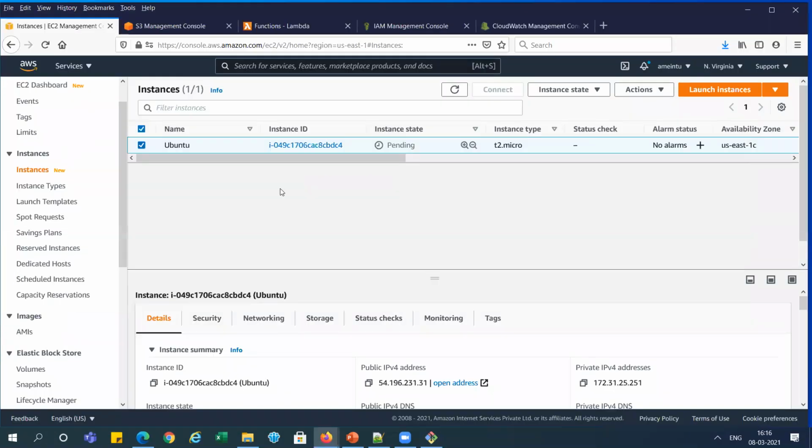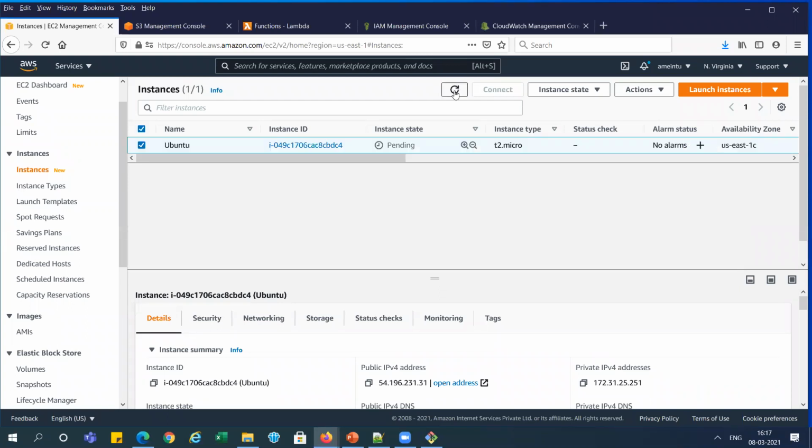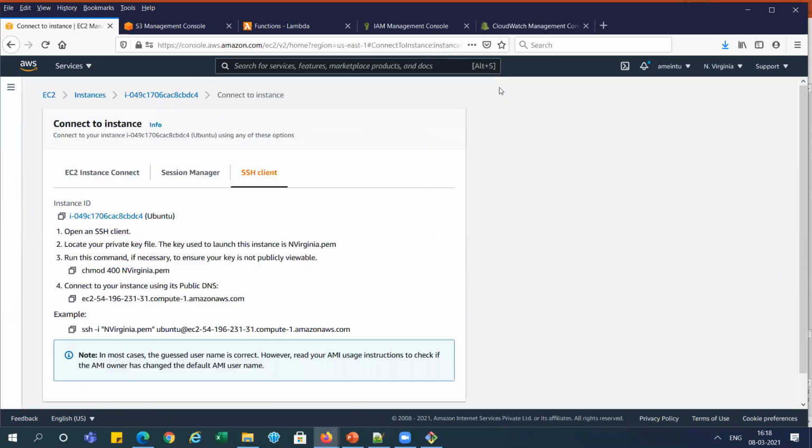We reach there. And let me check whether our instance is ready or not. It's still pending. You can see it is running, and the status check is in progress, but we can go and connect to it. Just we are going and connecting to it.